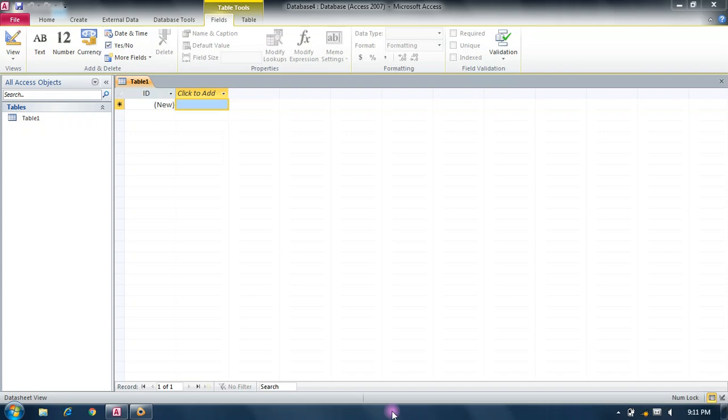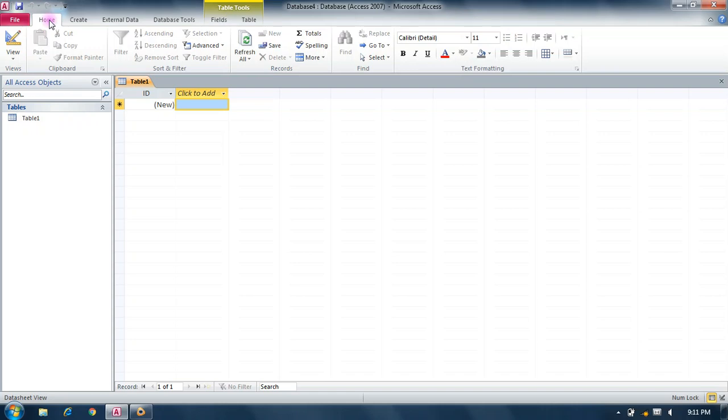So which types of data can you enter in this package? Like text, memo, number, date and time, and currency.